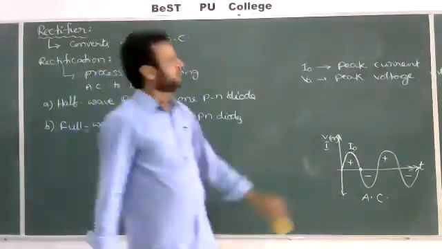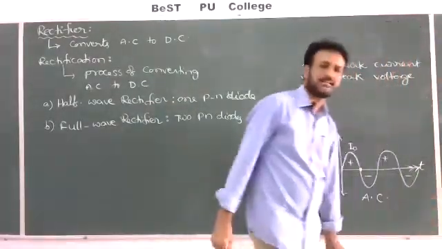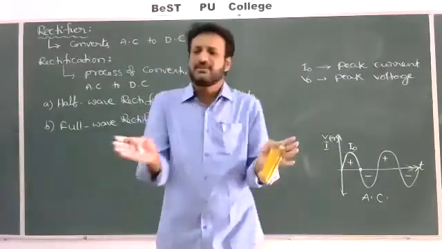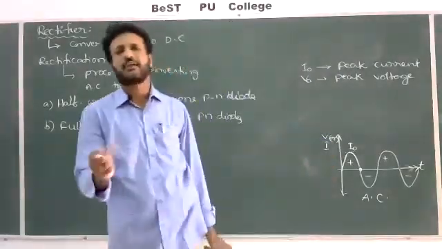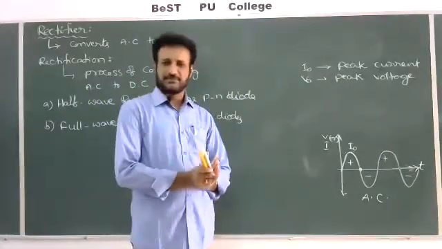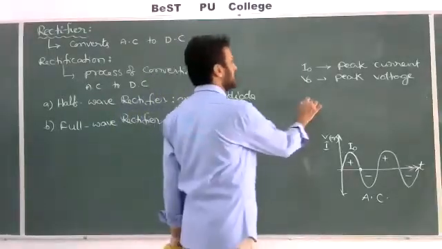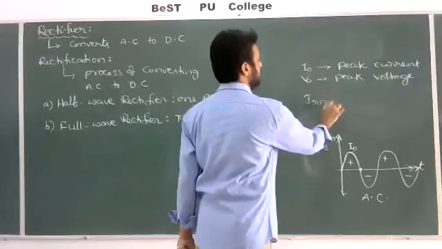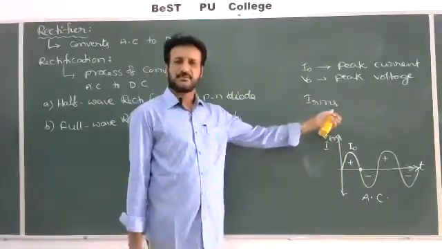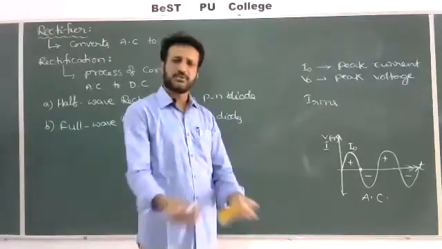But generally, if you calculate over half of the cycle, you take a number of values and take all the average values, that can be called the mean value. Or sometimes if you take the square root of the mean of the squares of all the values, that is called RMS, IRMS. You should take it over half of the cycle or one full cycle.